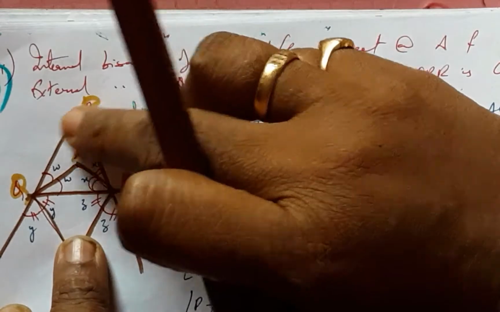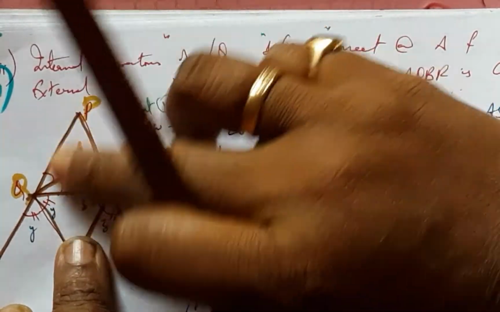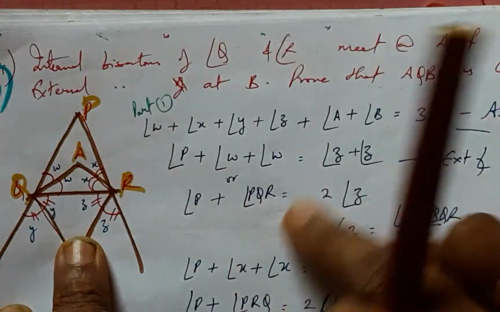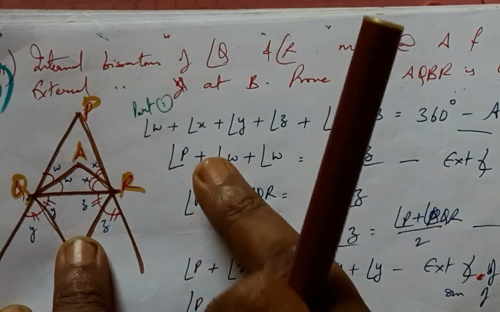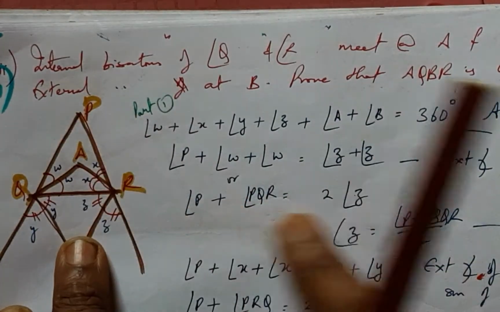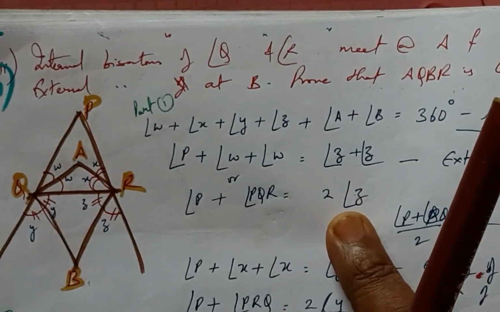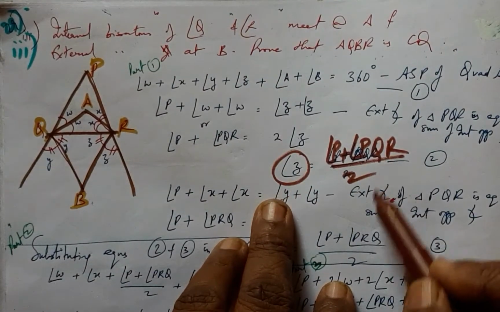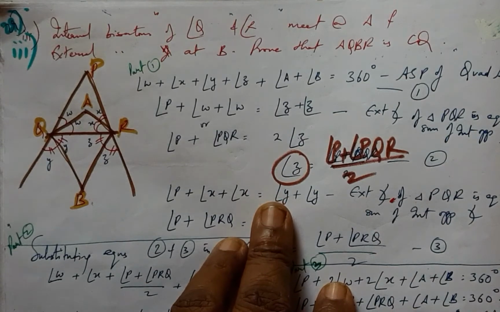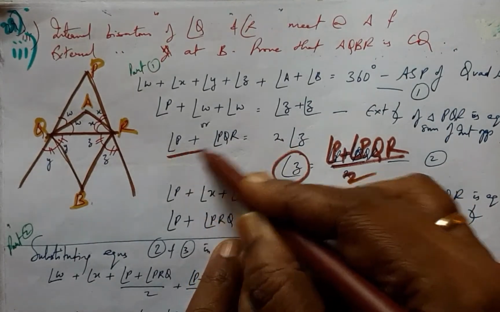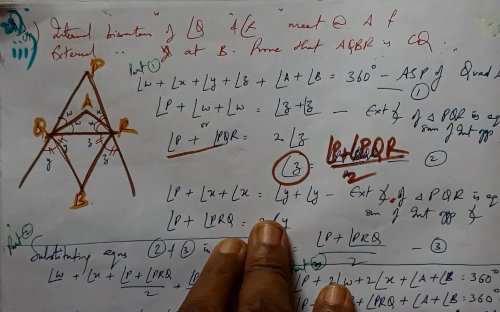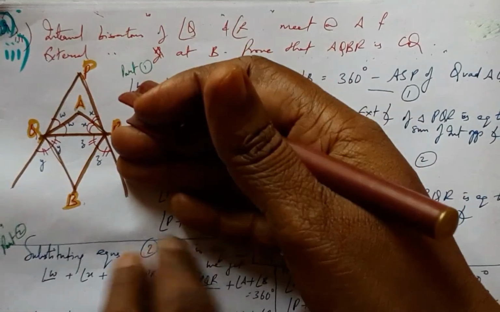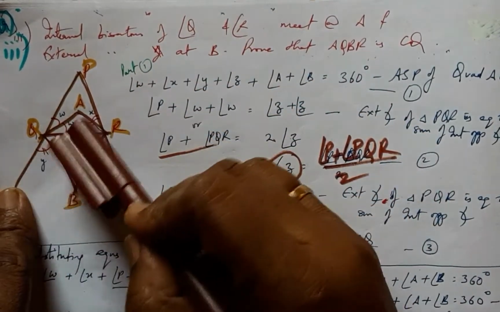2Z is equal to angle P plus the internal opposite angle 2W, and that is what I have written here. Now angle P plus PQR gives us 2Z, and from that we can arrive at Z being (P plus PQR) by 2. This 2 is going down as the denominator. Same as at RHS, now I apply the same rule to the LHS.